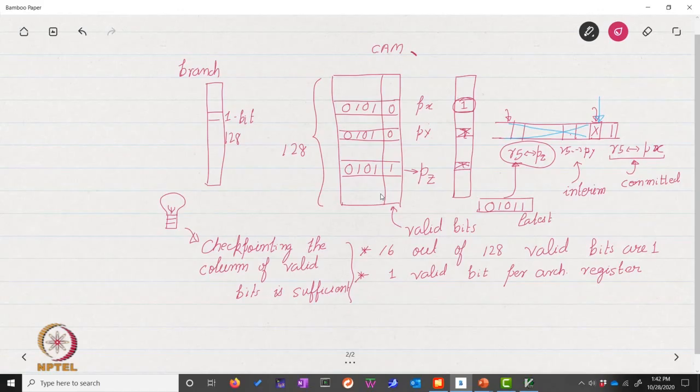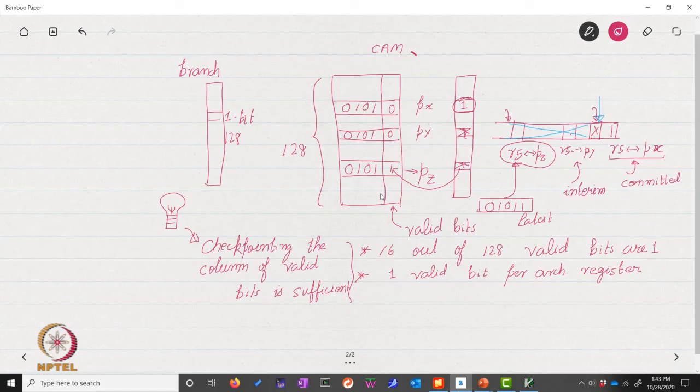register R5, alright, and this is effectively the same as changing the mapping in the previous approach, but in the previous approach we were actually copying a 7-bit physical register ID. In this case, all that we do is in the PXth entry of this CAM based RAT, instead of 0 we just convert it to 1, and naturally, since this entry is replacing this, if 5 is written over here for PZ, then of course this gets converted to 0.